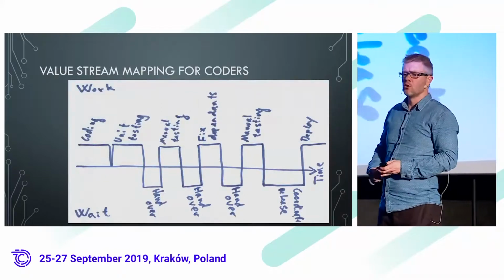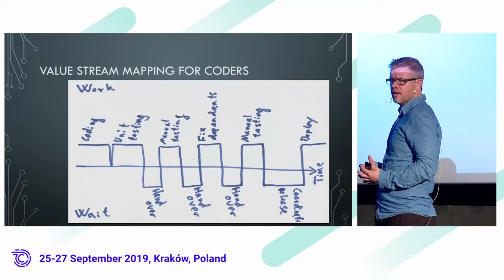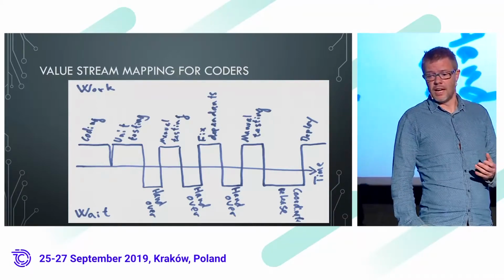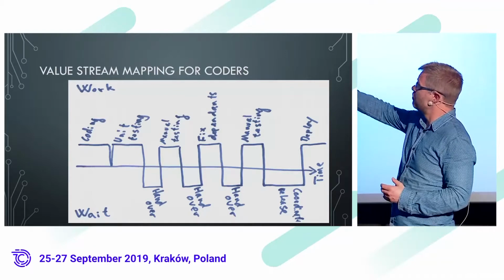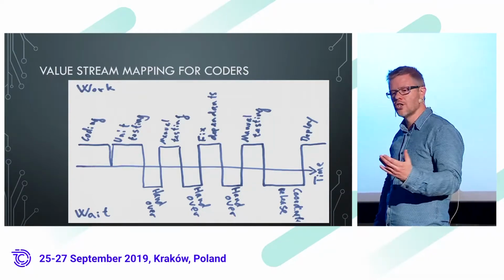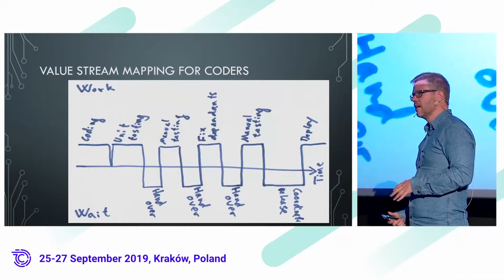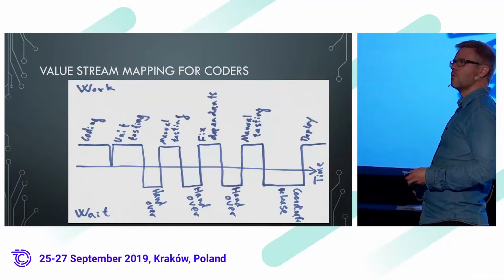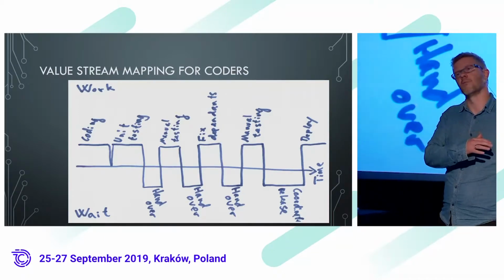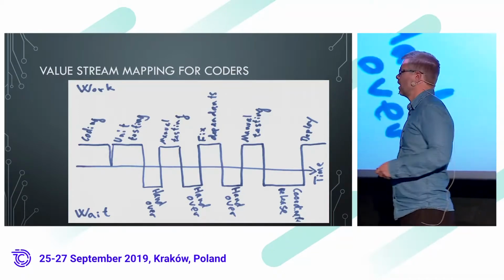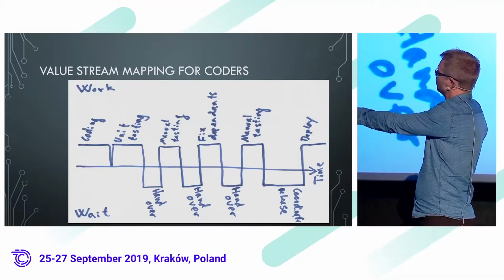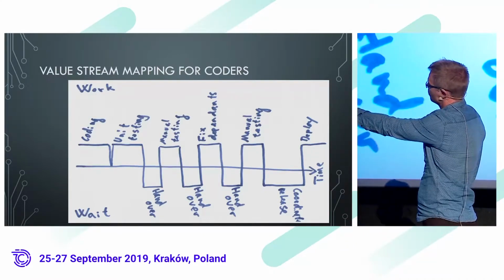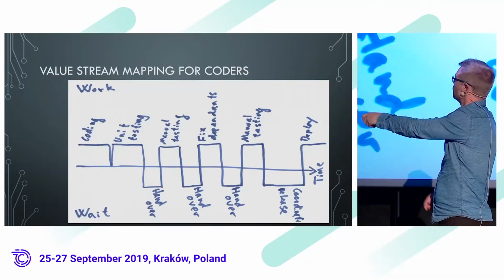Another way to approach this part of it is to do value stream mapping, for developers or for coders. Above the line is value creation, and below the line it's not really adding anything, but time passes. So we can also create situations where these dependencies that we looked at on the previous slide mean that the team can just go ahead, they can code, and they can make their unit tests, and maybe they want to do the unit test first, I don't know. TDD or not, that's up to you.